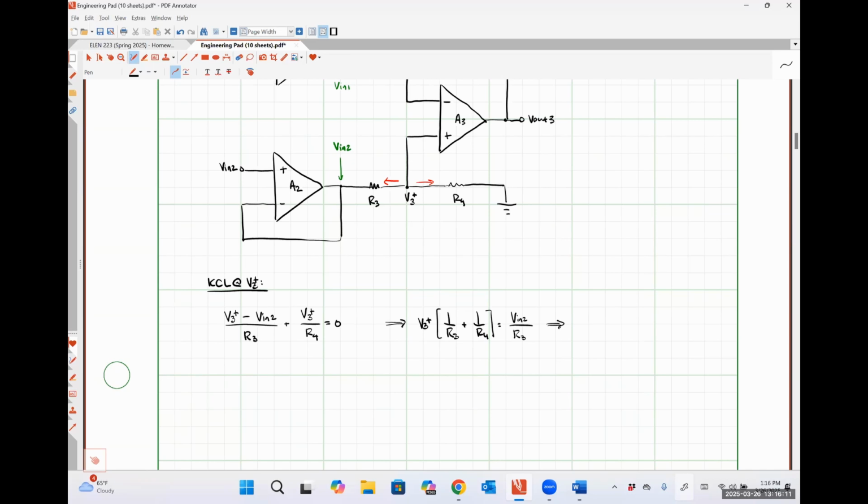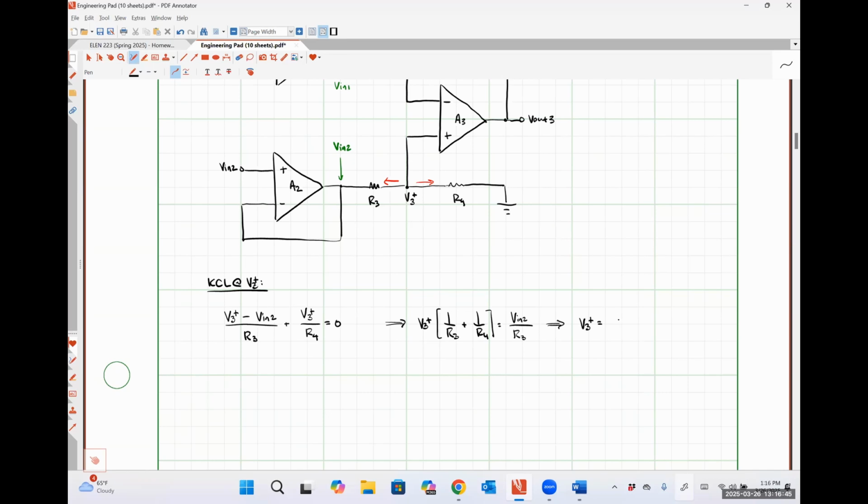Well, essentially, yes, it's going to come out looking like voltage division. But it was specifically what I was asking here. So 1 over R3 plus 1 over R4 is just R3 in parallel with R4, right? So I'm going to wind up having Vn2 over R3 multiplied by R3 times R4 over R3 plus R4, and the R3 in the numerator and the denominator are going to cancel each other out, and I'm going to wind up getting